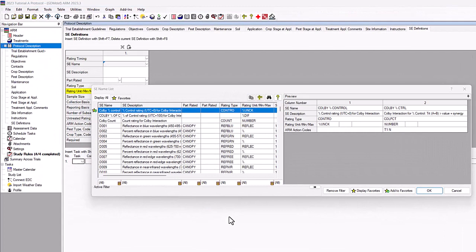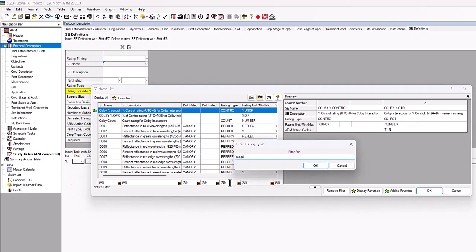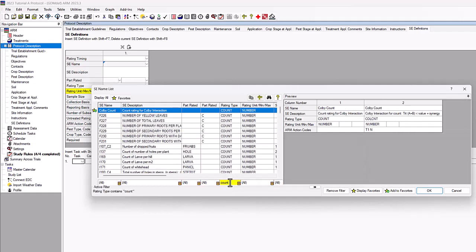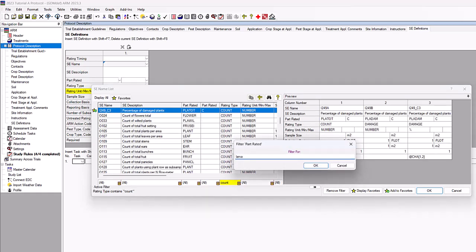Search for SEs using the filter fields at the bottom of each column. Utilize keywords to find SEs that will work for your assessments. For example, enter count in the rating type filter, then larva in the part rated filter to further narrow your